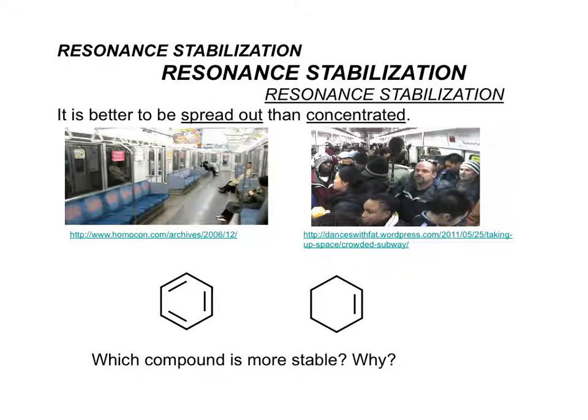We looked at resonance structures earlier. Resonance stabilization means it's better for pi electrons and charge to be spread out over 3 or more atoms than concentrated between 2 atoms. Compare these two structures. Stop the video and figure out which compound is more stable and why. The answer is,